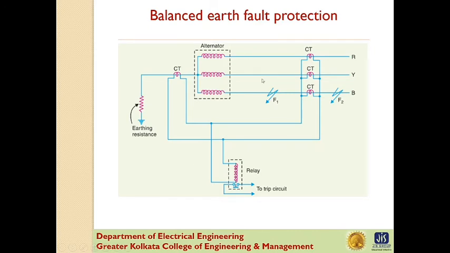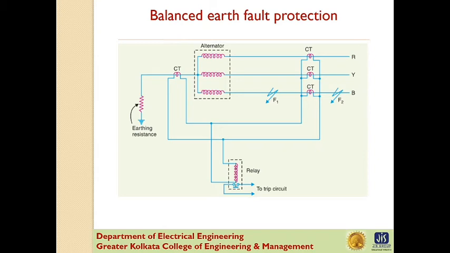Now this shows the schematic representation of balanced arc fault protection for an alternator. It consists of three line transformers mounted on each phase and having their secondaries in parallel with that of a single current transformer in the conductor joining the star point of the alternator to earth. A relay is connected across the transformer secondaries. The protection against arc fault is limited to the region between the neutral and the line current transformer.